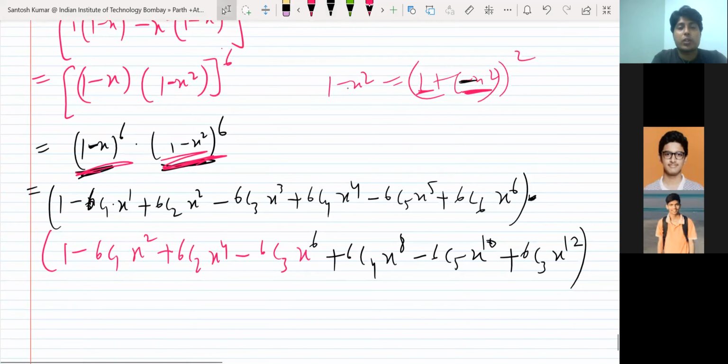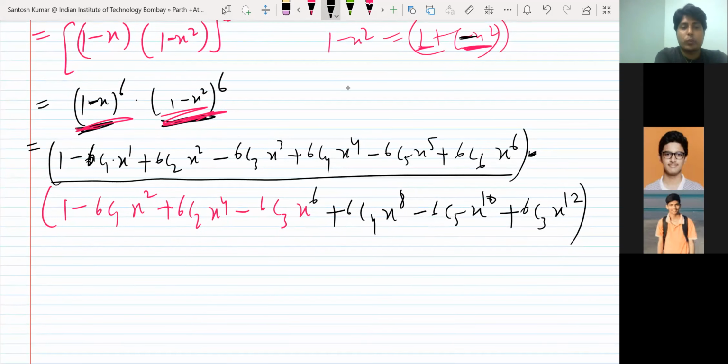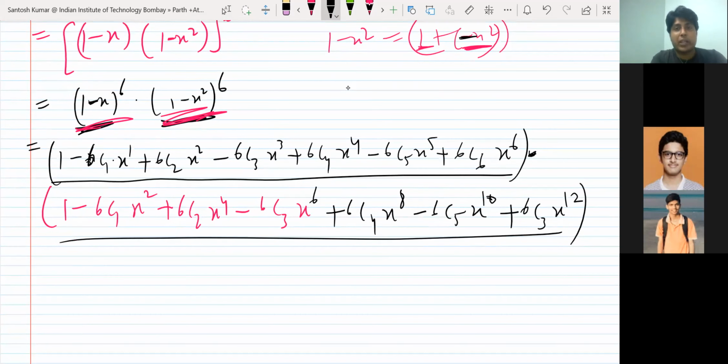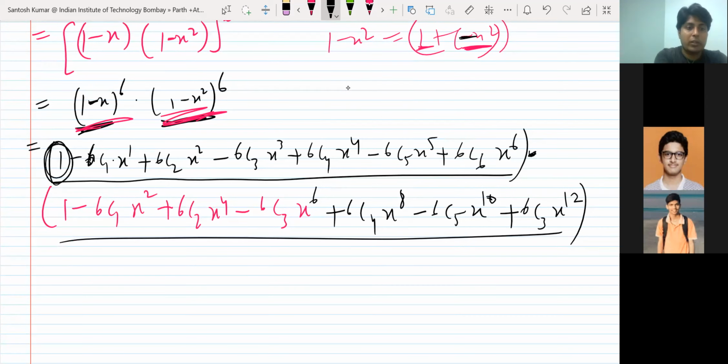Now the question is, what is the coefficient of x raised to power 7? From each factor you will take one term. We don't have to multiply all the terms, because there are 7 terms in the first and 7 terms in the second. If you multiply all, you will have 49 terms, but we don't need all 49 terms. I will only select those terms which will contribute power 7. So tell me, which term will you multiply with this 1 in the first factor, in the second factor, to get x raised to power 7?